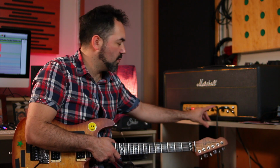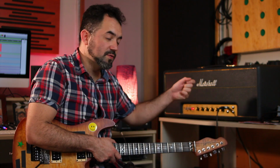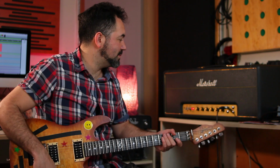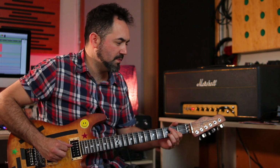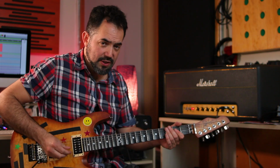But what players realized in that age was that when they started to crank the volume up, they started to get distortion basically. So it's a clean amp, huge headroom, but in this moment it's kind of clean. If I use a different combination of pickups,